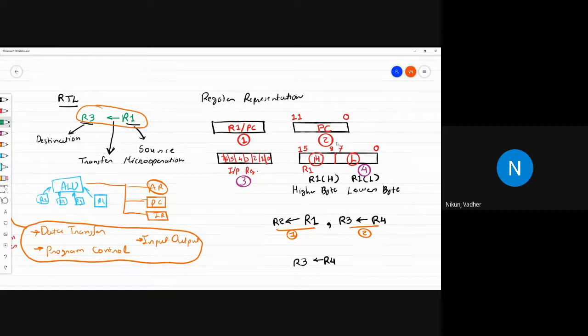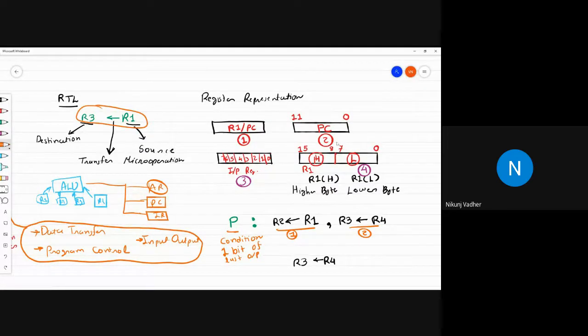For example, here if we write, let's say, P, this P represents the condition. Ultimately the condition check will be one bit of output.